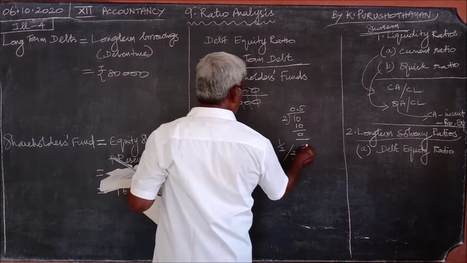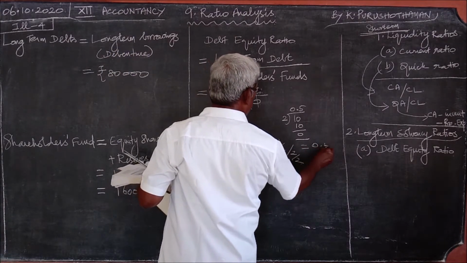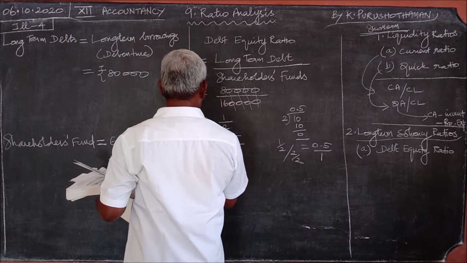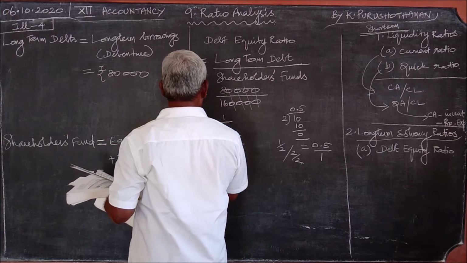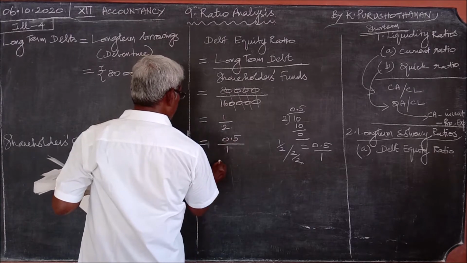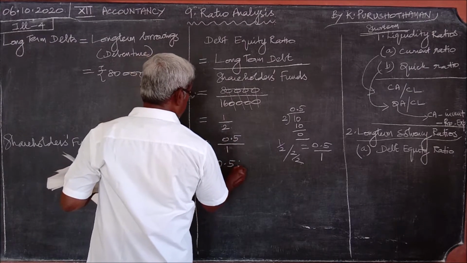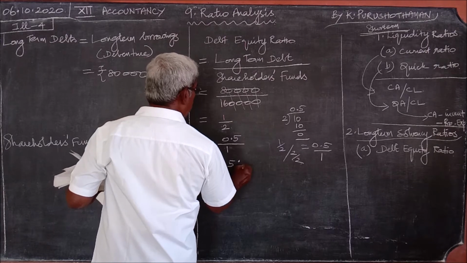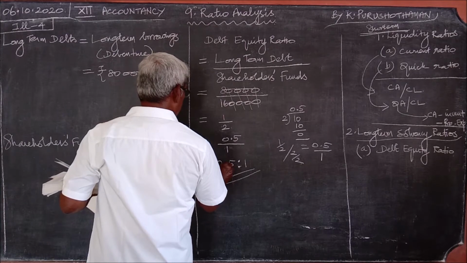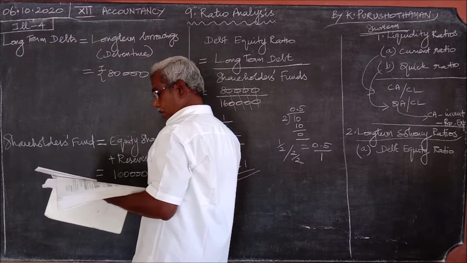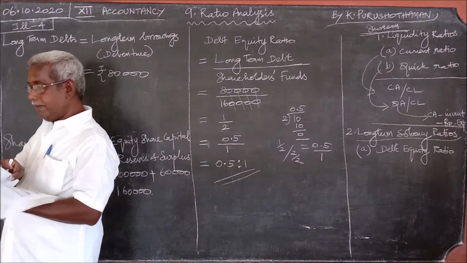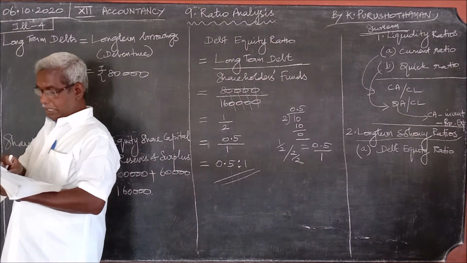If you divide like that, what you will get? 1 by 2 is 0.5 and 2 by 2 is 1, because the general principle or idea here is that the denominator must be 1. So this fraction can be written in the form of a ratio: 0.5 is to 1. That's all. So I once again repeat the same. Then what is given in this problem?